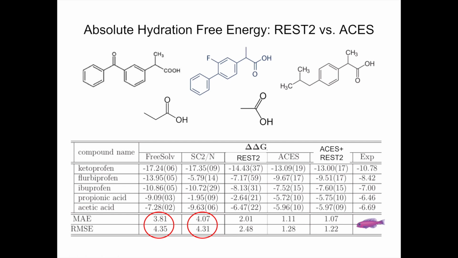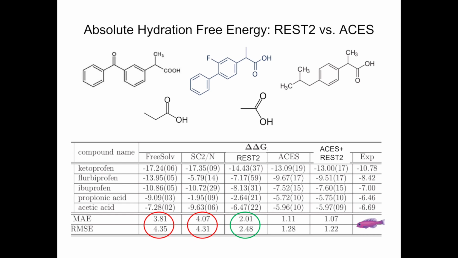And then we redid things using enhanced sampling, using replica exchange with solute tempering, such as in the FEP+ program from Schrodinger, except it was our implementation in Amber, so it wasn't exactly the same. And that significantly improved the solvation free energy. So this was all using the GAFF2 force field, the same program, the same force field, just setting up the system and doing the sampling differently.